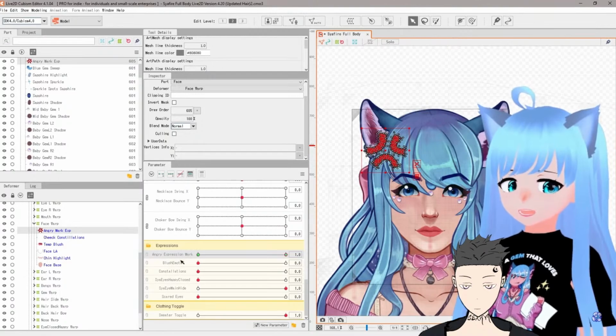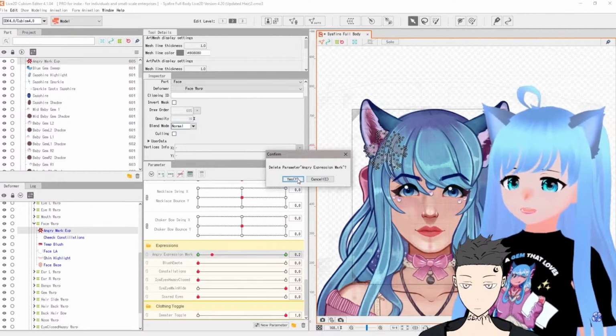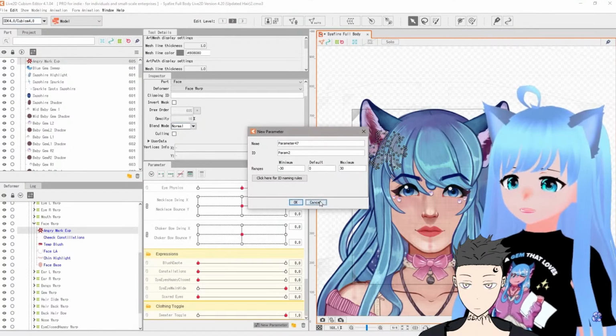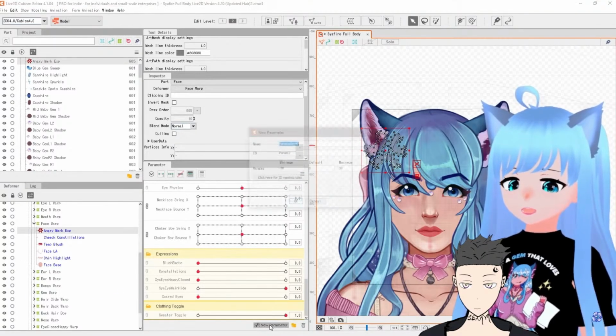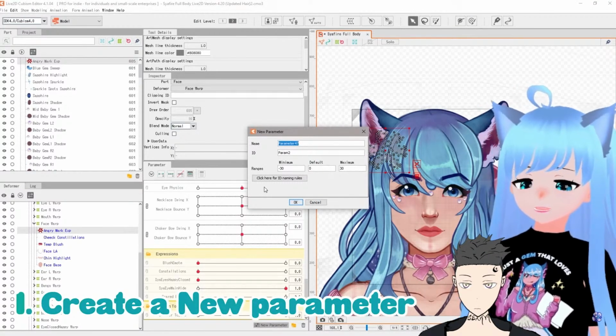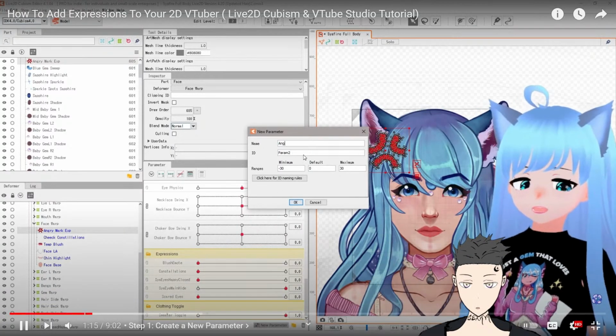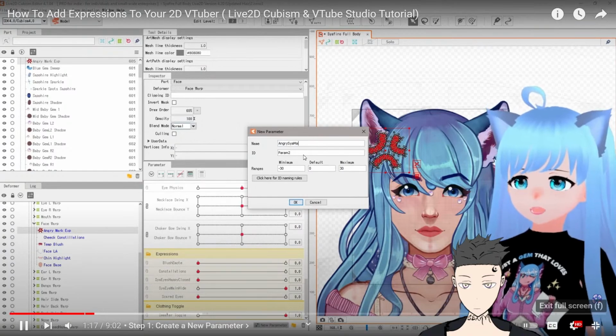This is just to keep all my expressions organized, but what we'll do is I'm just gonna clear out, for example, the angry expression mark, and we're gonna say yes. So I'm just gonna start completely from scratch so you can see how we're gonna do this. So the first thing you'll want to do is go ahead and click new parameter down at the bottom here. Then you'll type in whatever name that you want that's appropriate to the thing. We're gonna call this angry Saya mark, and like I